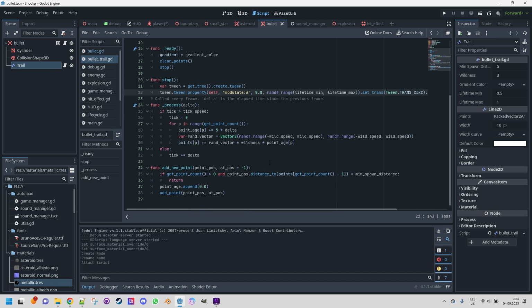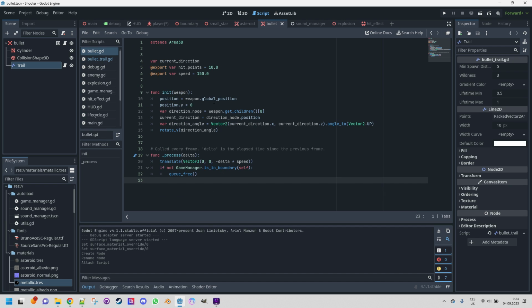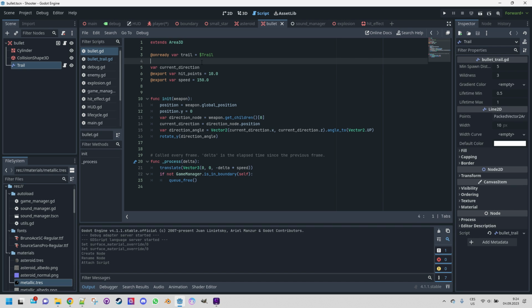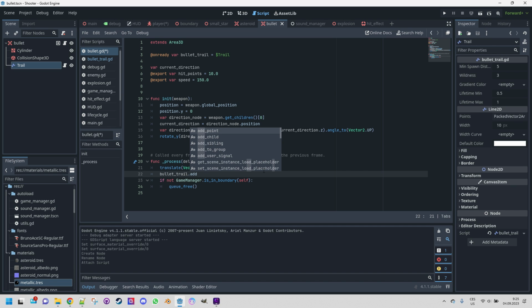Now we need to call the function add new point from the original bullet GD script. Let's make a reference to this new node first with control drag, and I'll call it just bullet trail. Okay, and in the function process we will add a new function here, bullet trail add new point,